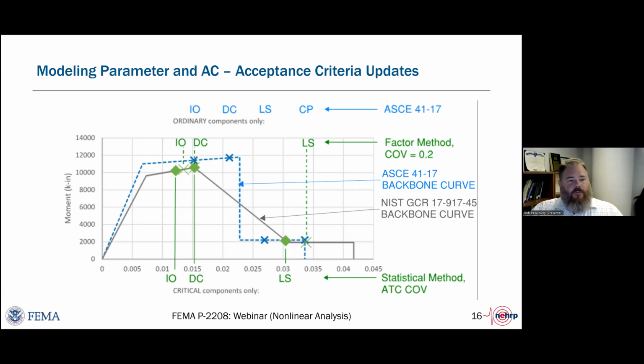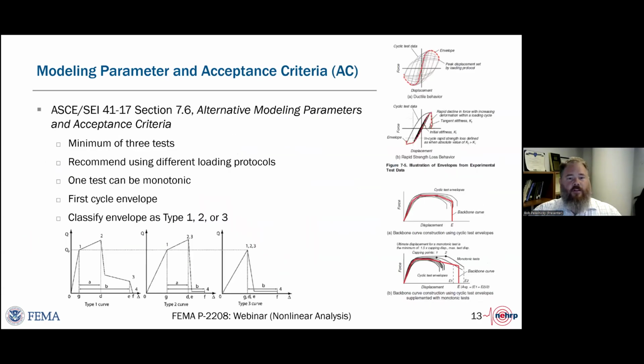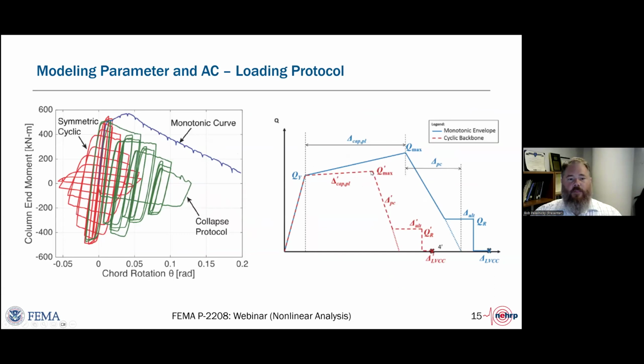So that was one of the things that was discussed, but also seeing how, if you go back to these slides, you can see that one test does not necessarily give you the exact answer. And when you do multiple tests, you're going to get multiple different answers. So each of these parameters on the backbone curve has a statistical distribution. And one of the things that we were debating is what should we use when developing a nonlinear response history model? Should we use the mean or median of the modeling parameters, or should we use something higher or lower?